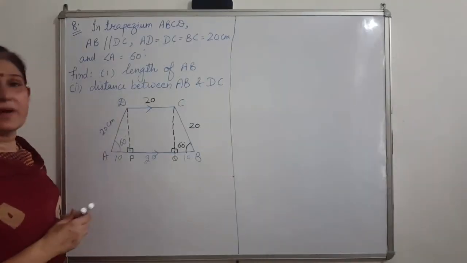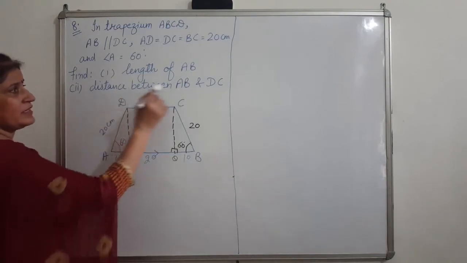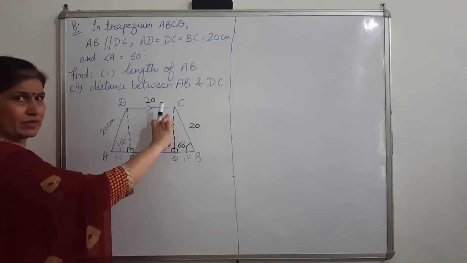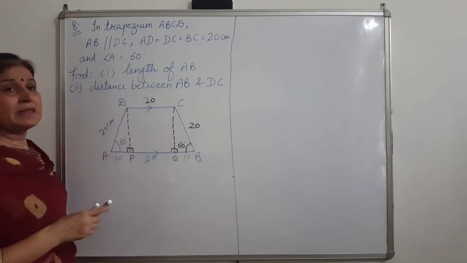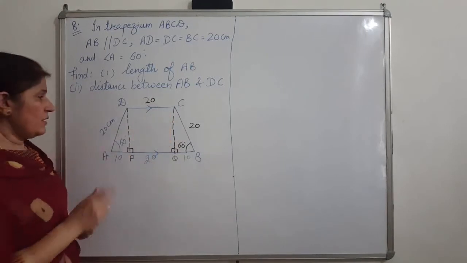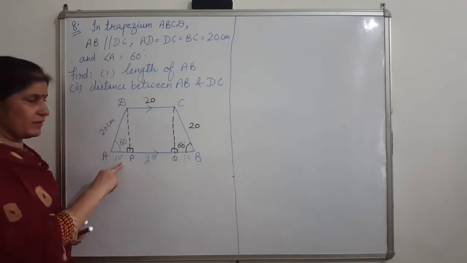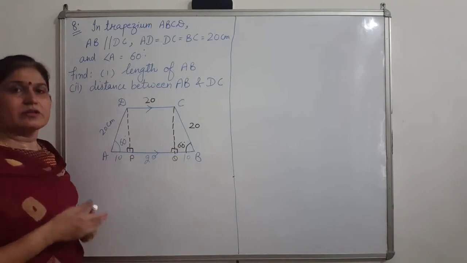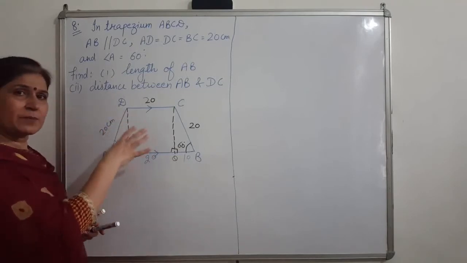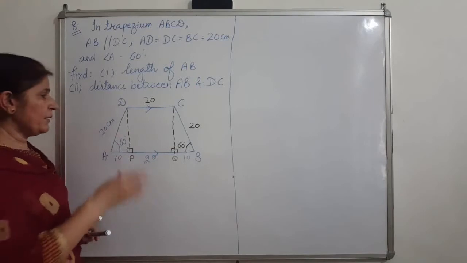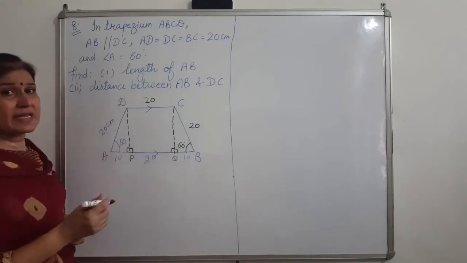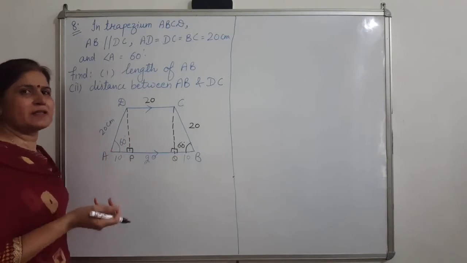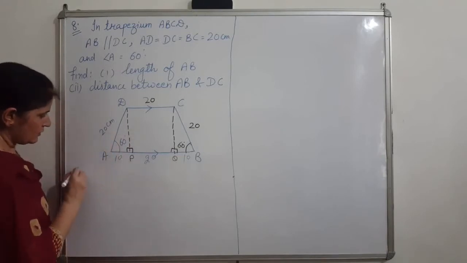Now second part, what you have to find in second part? Distance between AB and DC. That means any of this length you can find out. That is the distance. There are two methods. One, two sides already you have calculated and you can go by Pythagoras theorem. It's easy for you. The another one, this chapter is based on this property, means using the ratios of the sides. So I am telling you by ratio of the sides, you can do in paper by Pythagoras theorem also.